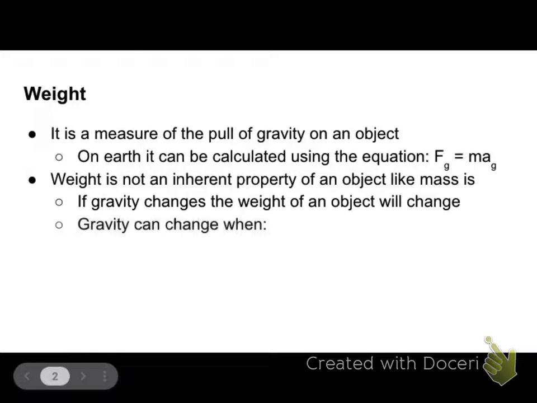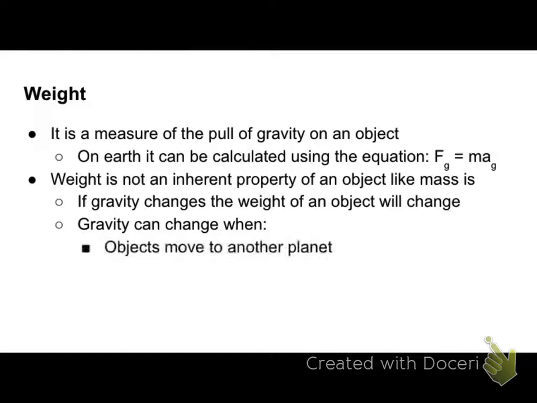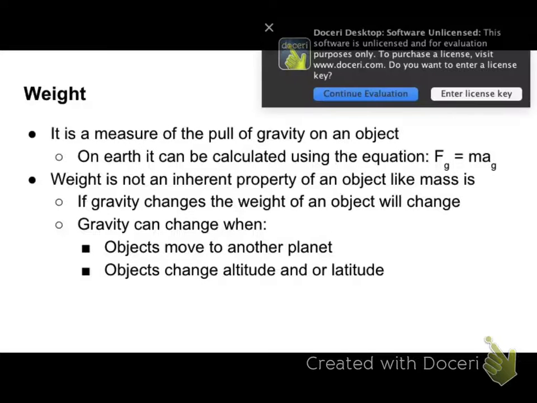Gravity can change when objects move to another planet. Okay, so if an object moves to a planet that has less gravity, then that object's weight would change. Gravity is also affected by altitude and latitude. So if you change your latitude on the globe, gravity changes a little bit, but where you're going to experience more changes is in altitude. So if you go up really high, gravity is slightly weaker because the further you get from the surface of the Earth, the less strong gravity becomes, okay, which is why